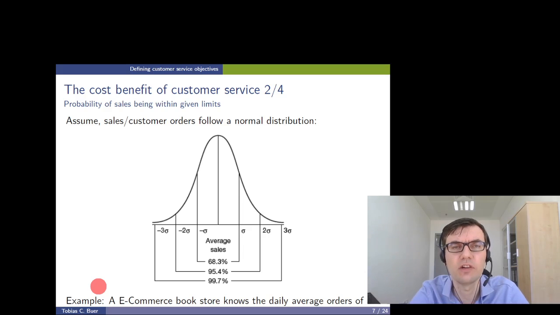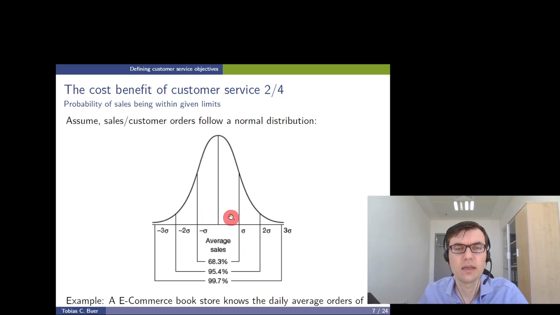Then we can calculate the average of orders for every day for this specific item, and the average is shown here. This is the average number of orders we receive for a given product every day. We can also calculate the standard deviation. You know this from your basic statistics courses from school. You can calculate the standard deviation of the number of orders for every day. When these orders follow a normal distribution, which is the case in many situations, then we know that